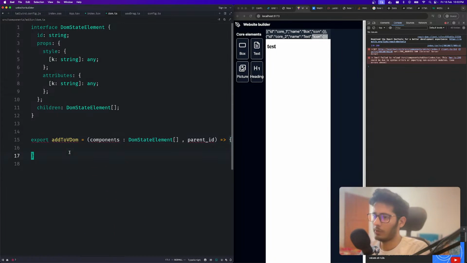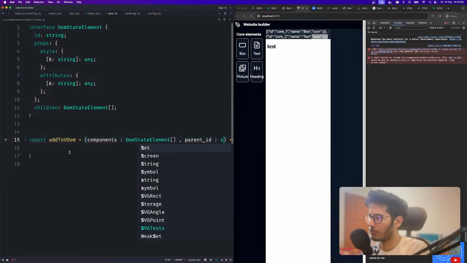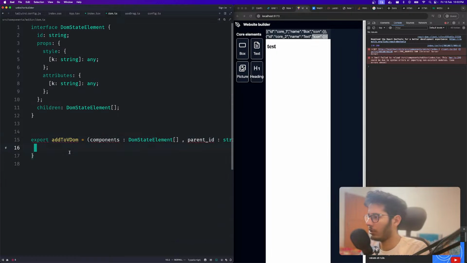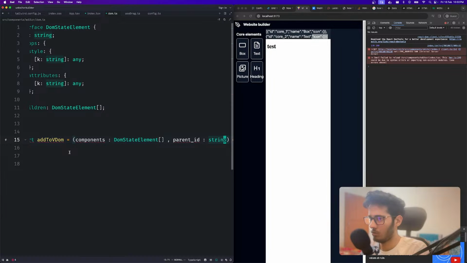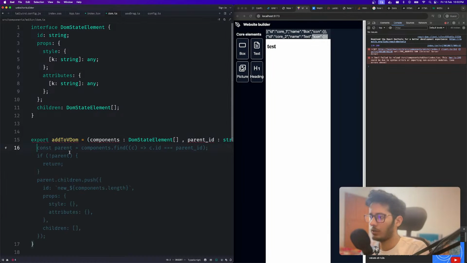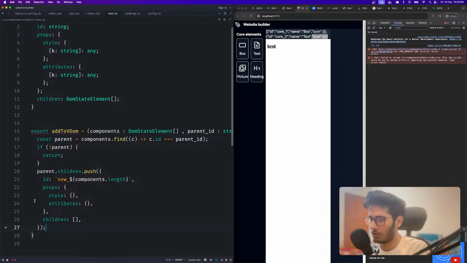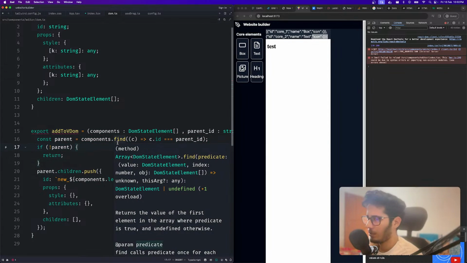So the parent ID which you see over here will be a string. So what we want to do is, interesting. If the parent, it's very simple. If components, you can find, if there is any element,